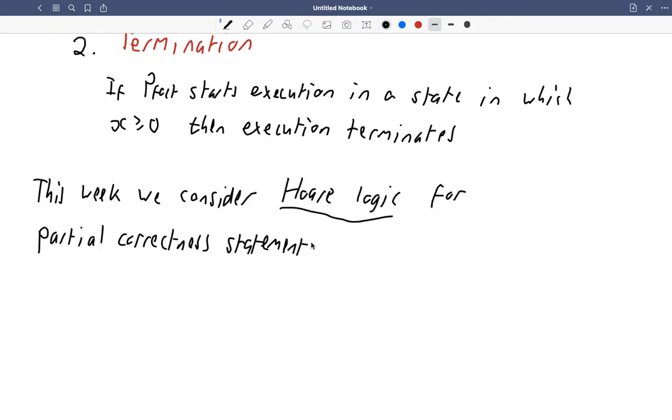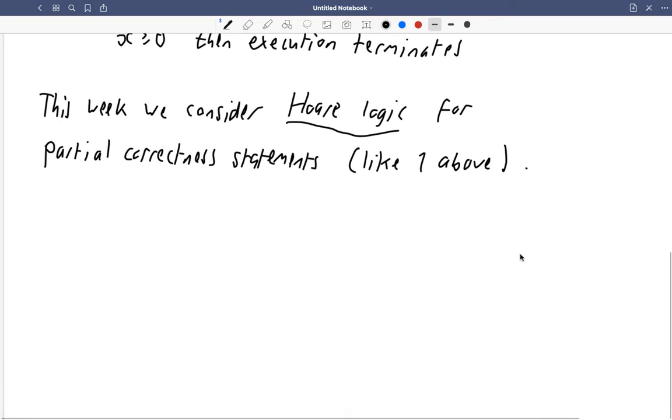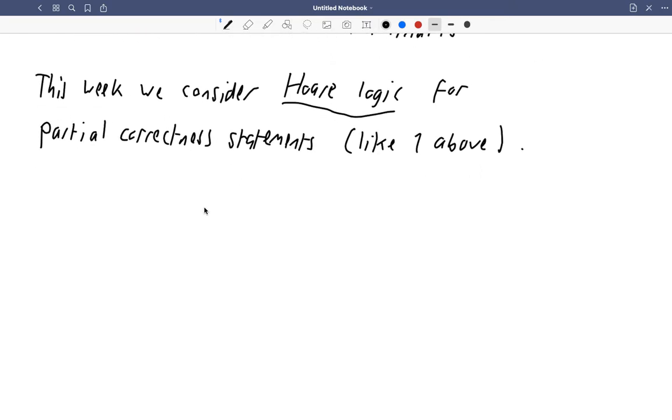Statements like one above. Oops, it's a bit messy. Like one above. And in Hoare logic notation, property 1